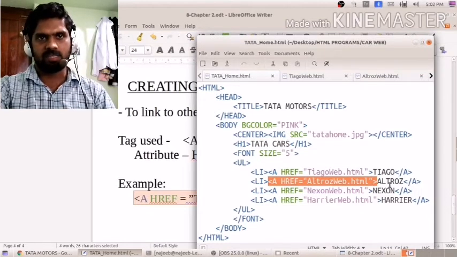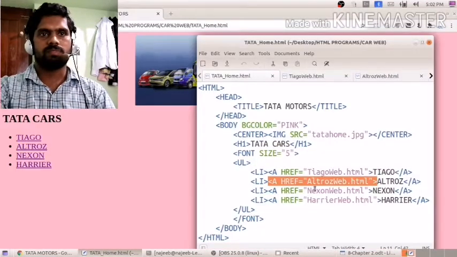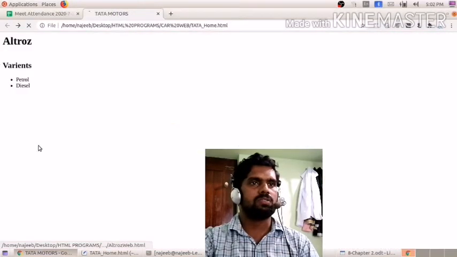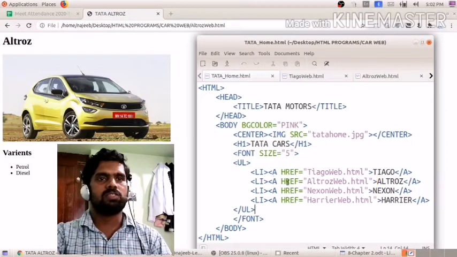So when clicking this Altros, it will go to the Altros web page, Altros web.html. How is it possible? a href is equal to Altros web.html. This is the link, Altros.